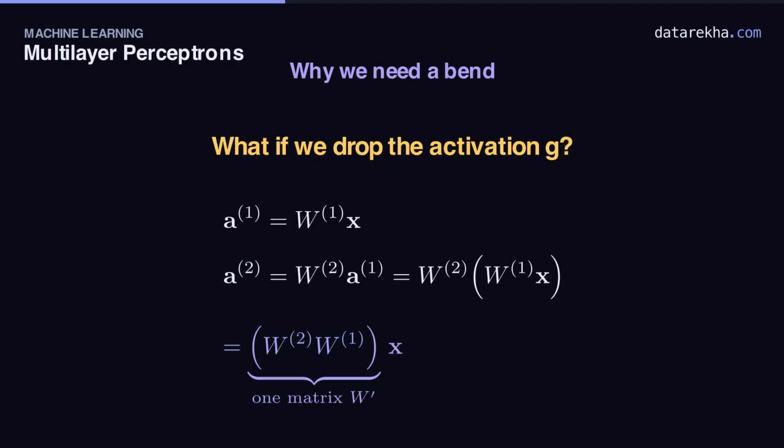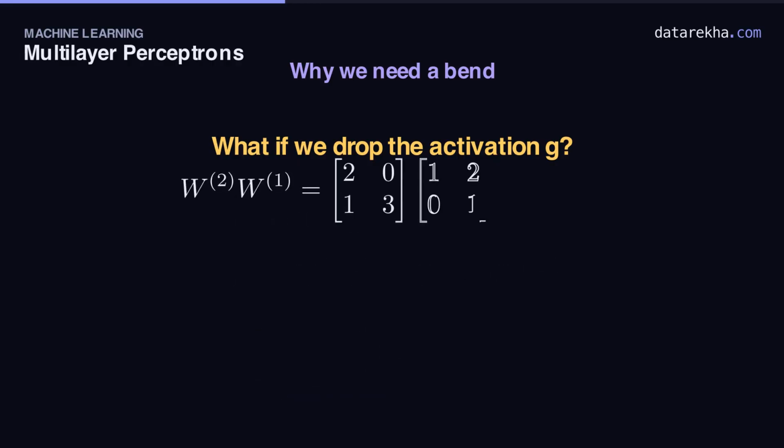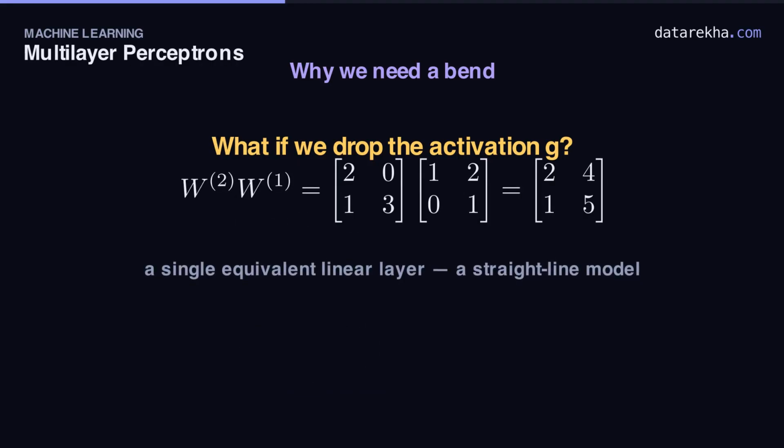Depth bought you nothing. Put numbers on it. [2, 0; 1, 3] times [1, 2; 0, 1] multiplies out to [2, 4; 1, 5]. One plain matrix. The network can only ever be a straight line model, so it inherits the perceptron's wall. It still can't do XOR. That is why the activation is not optional decoration. It is the whole point. One nonlinear bend between the linear layers is what stops the collapse and lets depth build genuinely curved, folded decision